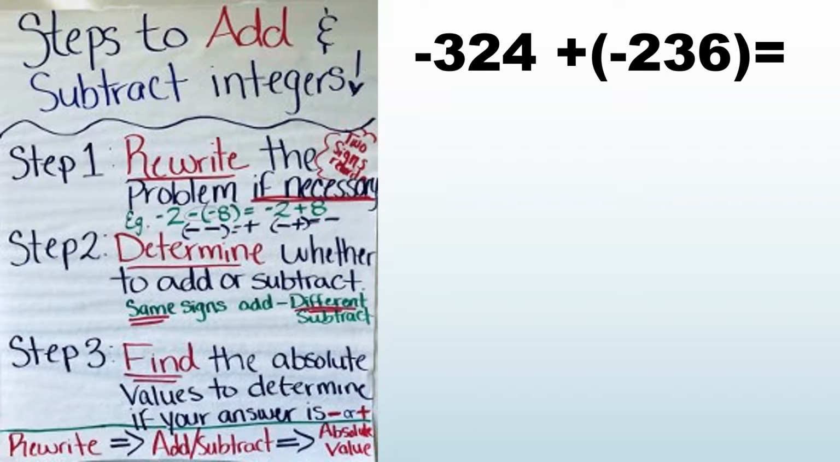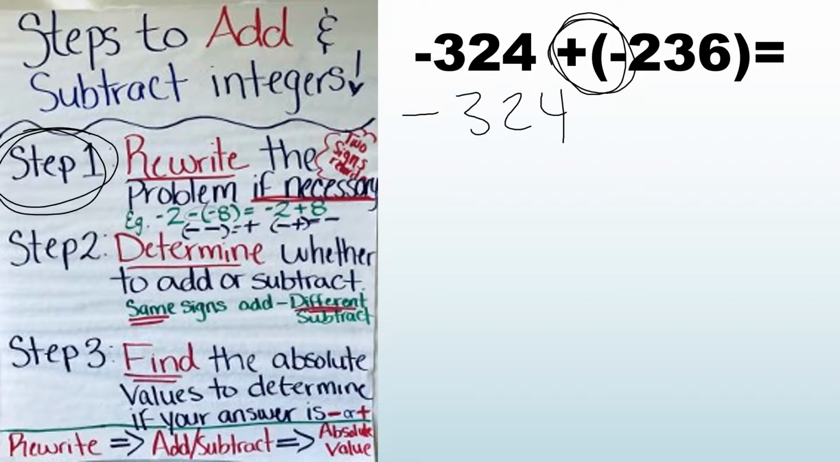So for this next problem, we have -324 plus -236. So if we look at step 1, we're going to rewrite the problem. The reason why we rewrite the problem, the only time I rewrite the problem is if I see two signs next to each other, because that looks confusing. So I'm going to rewrite it. So now we have -324, and if you have a positive and negative next to each other, remember that turns into a negative sign,